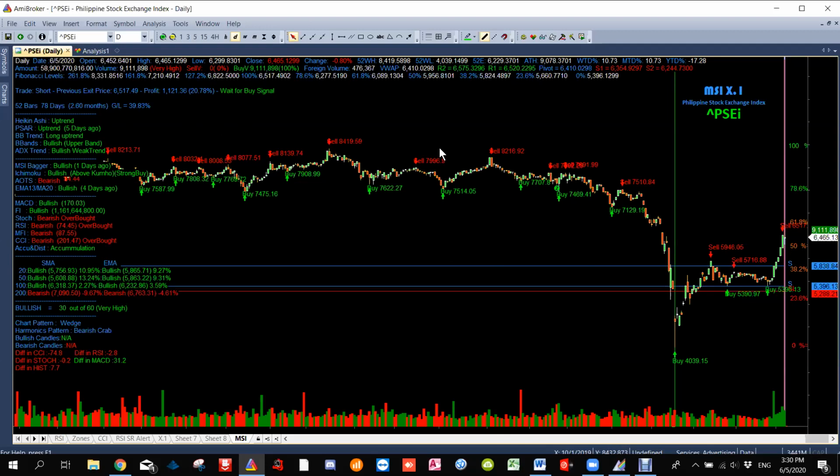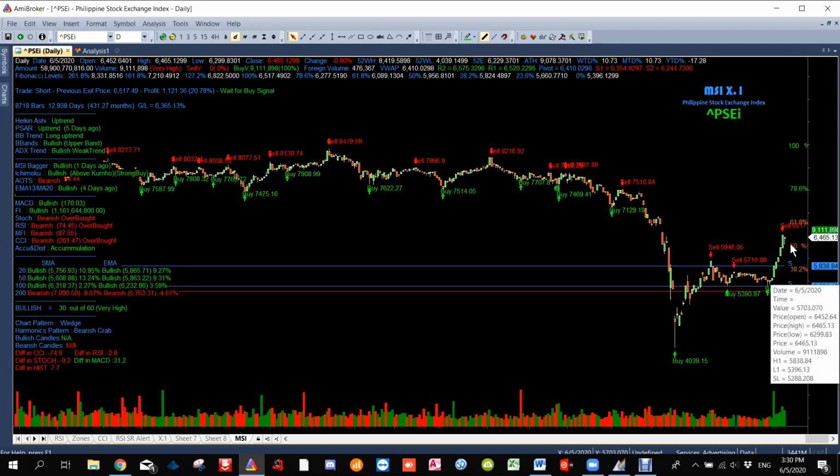So medyo pumapasok na siya doon sa range na yun. Malapit na. Okay, malapit na siyang pumasok doon sa range na yun. So we are considering this as a good move. Okay. Pero it's too early to say